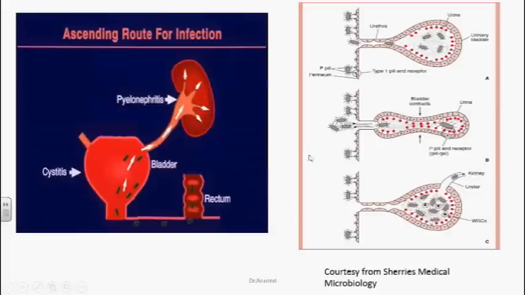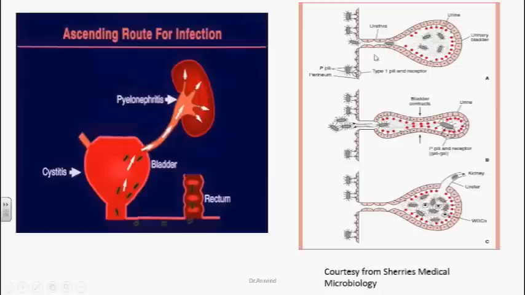So on the right side, you can see the perineal area with the epithelial cells, and this is the urinary bladder, and there is the short urethra. Whenever these organisms come out, they attach to the epithelial tissue in the perineal areas with the help of type 1 pili. Because of instrumentation, intercourse, any contamination, or using intravaginal contraceptives, there is a high chance of this E. coli being introduced into the urethral areas.